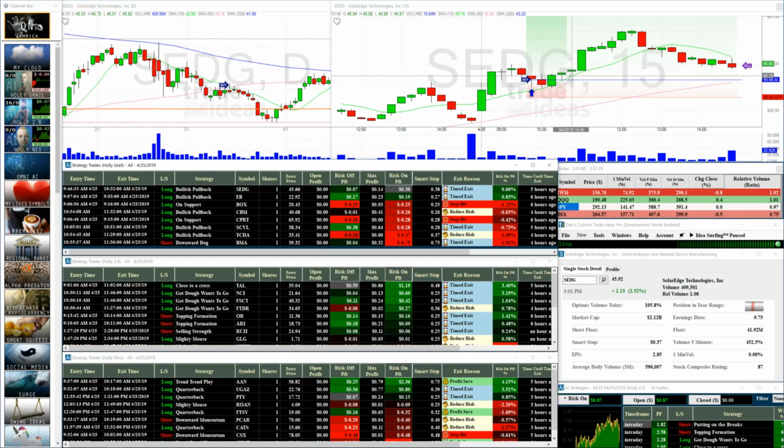So not a bad call here, a little sideways action. Makes it through the whole timed exit. And then once again, what do we notice here? Break even stop loss, whether it was the second lot or the full lot here, would have kept you in this one for a little bit of that risk on money. And that's about it from Holly on risk on, risk off spreads.